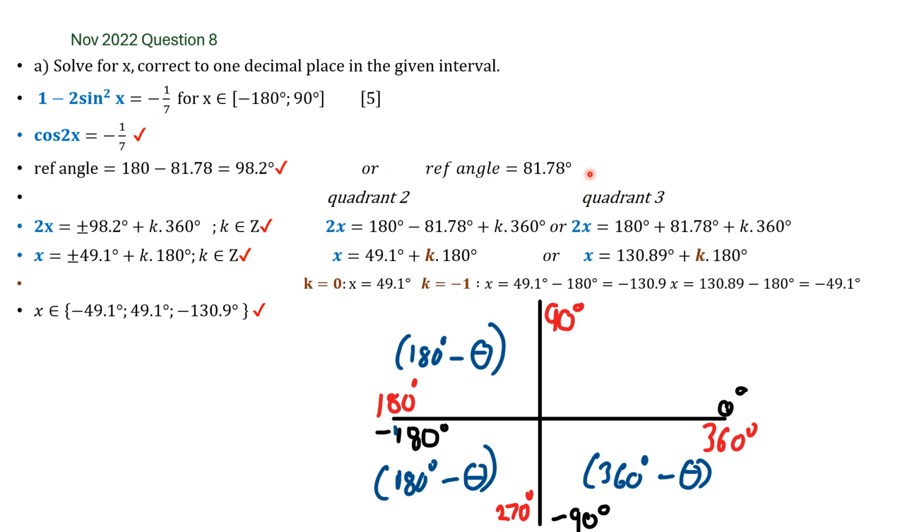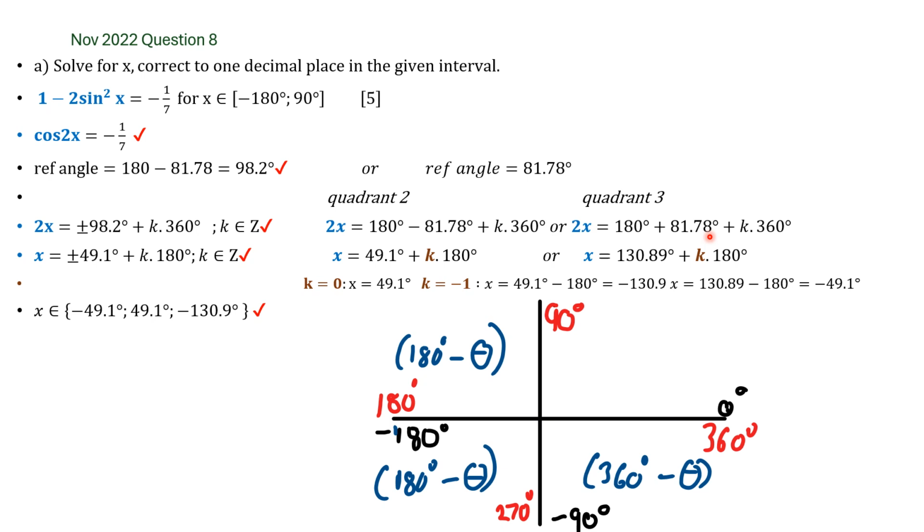Right, now a different format. In quadrant 2, it is always 180 minus the angle. So 2x equals 180 minus 81,78 plus k times 360. Or in quadrant 3, it's always 180 plus theta. So 2x equals, not minus, sorry, plus: 180 plus 81,78 plus k times 360. So that should read a plus. Right, so 180 minus that gives me 49,1 plus k 180. 180 plus that would give me